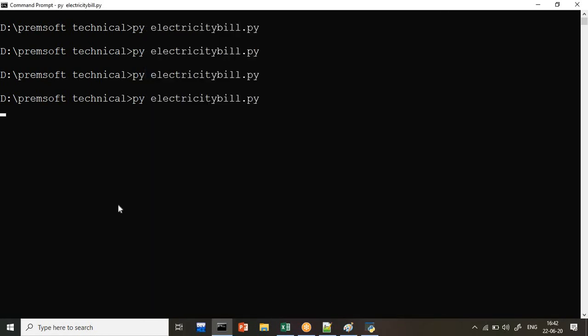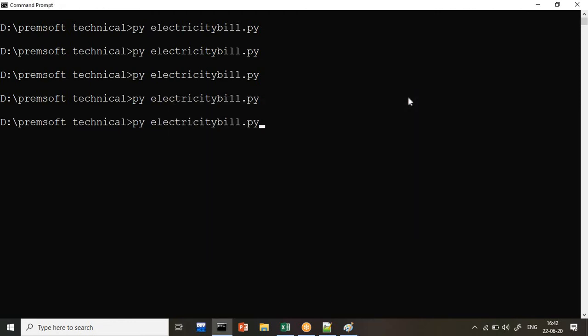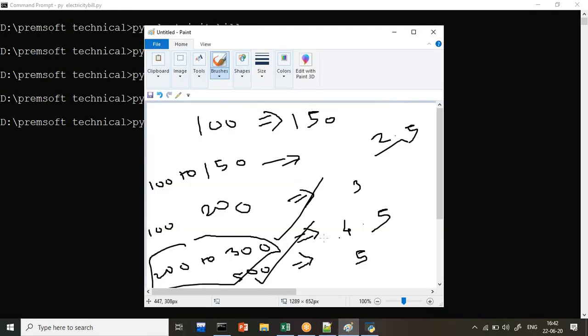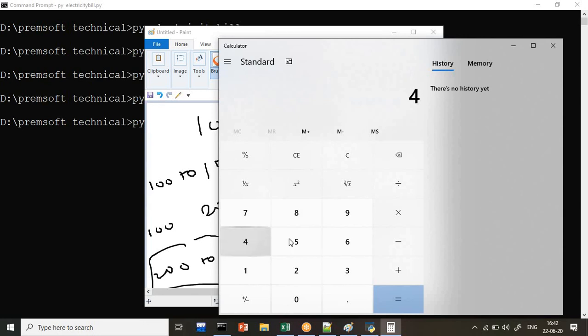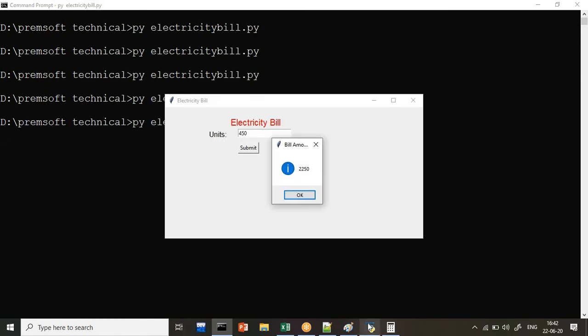We'll see one more output so that we get 100% assurance that our software is working perfectly fine. So we'll take one more input. Now you tell me whatever input you want. We'll take, let us say, 450. If I consume 450, 2250. As per our program, 450 means 5 rupees per unit. So let's calculate it. 450 into 5, because anything above 300 is 5 rupees per unit. We are getting 2250, and in our output also we are getting the same thing.